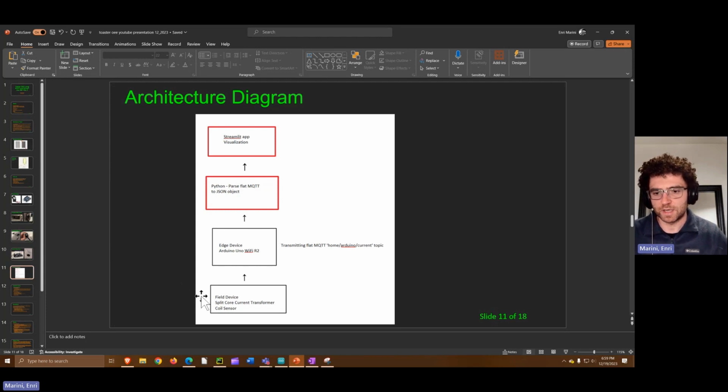So again, you have your field device, right? Your split core current transformer, which is just a current sensor. You have your edge device being the Arduino microcontroller, and as it's sensing from its analog inputs, it's transmitting those values over flat MQTT to this designated topic. This is stored directly on the Arduino itself, and I intentionally chose to have the edge device really do as